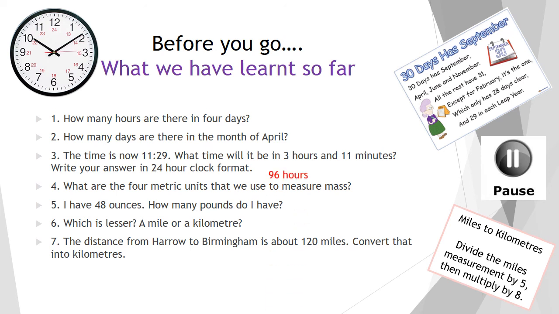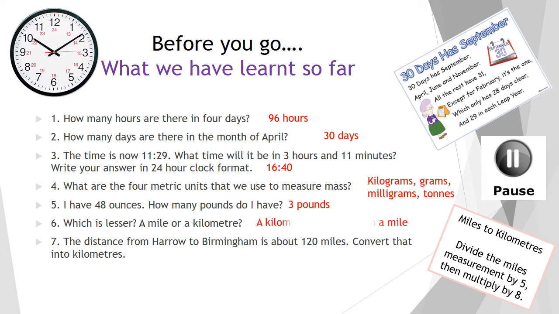Super. So there are 96 hours in 4 days, 30 days in April. It will be 16:40. The 4 metric units that we use to measure mass are kilograms, grams, milligrams and tons. 48 ounces means 3 pounds because there are 16 ounces in a pound. A kilometre is lesser than a mile because we know that a